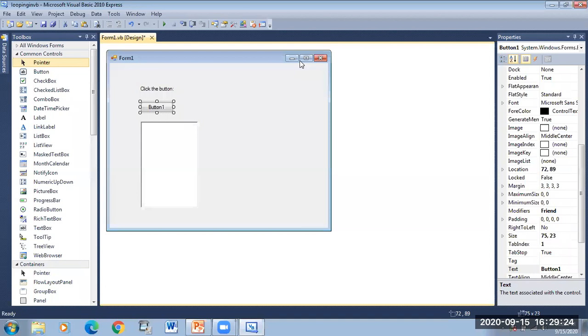On page number 123 of your book you can see which controls we are using and which properties we are going to change. The rich text box value will remain the same. Now we're going to enter the code for Button1.